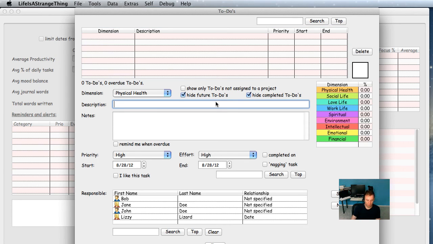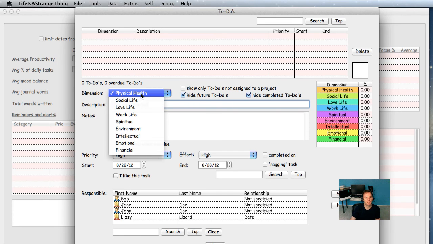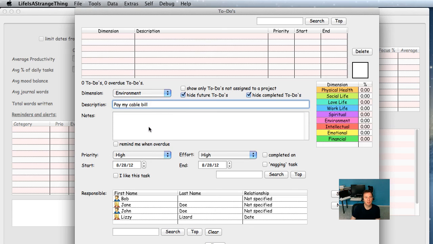So let's do a quick example. Let's say I wanted to do a to-do here, say pay my cable bill. Then I want to assign a dimension. I guess we assign a dimension environment, right? Environment meaning everything that's related to your surroundings, your household, errands, and things like that, right? And again, if you want to interpret the dimensions differently, do so. Just make sure you reflect on the 9 dimensions when you start using the software, and then stay consistent using those, right? And then I can make a comment here and say, sign up